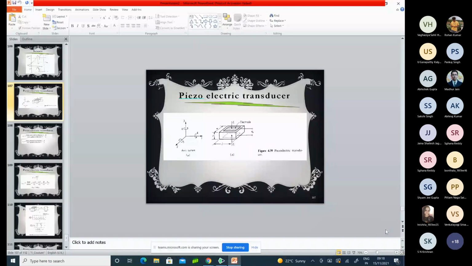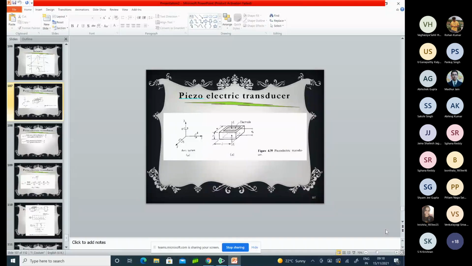For example, as a basic conceptual thing, suppose I gave you a piezoelectric material and asked you to use this material as a displacement transducer or force transducer. That means you need to apply a force or pressure, and then you will get some output voltage. You measure the output voltage and calibrate it, and you can tell me that this much is the input force or pressure. This is the main basic thought process.